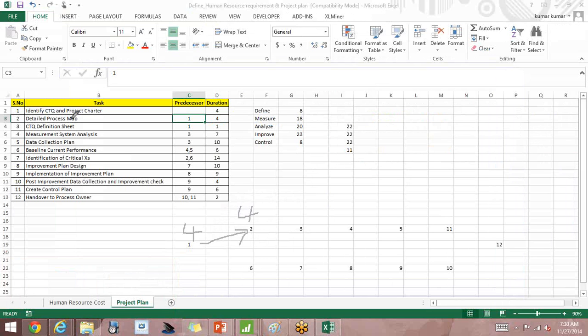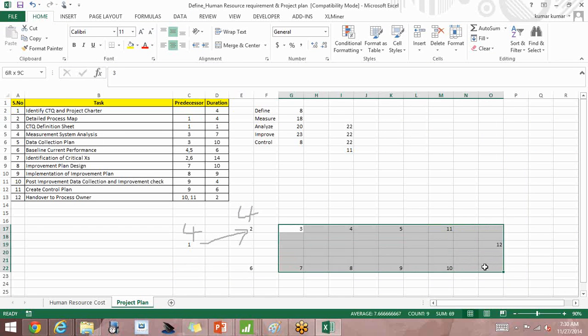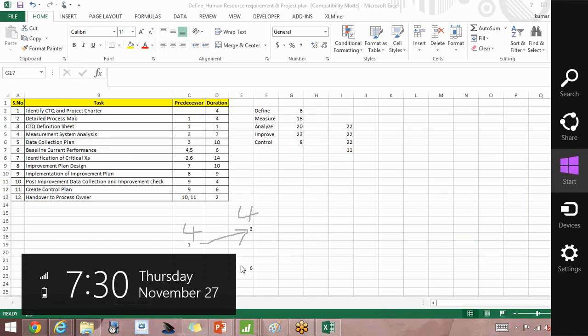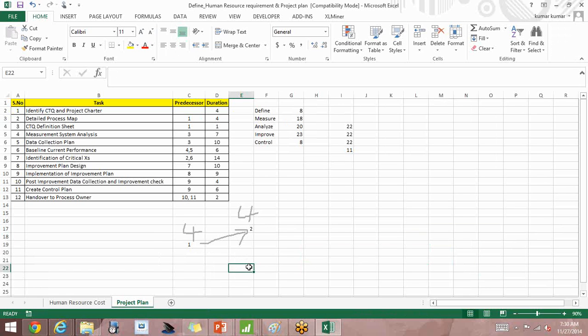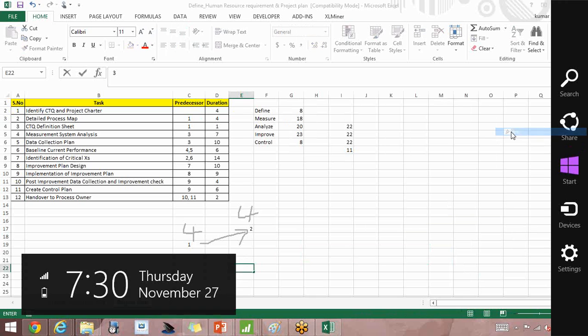Now this step 3, where is step 3 here? That also has a predecessor as 1. So let me remove the rest of the things. Let me put it as we discussed. So step 3. It's stuck.